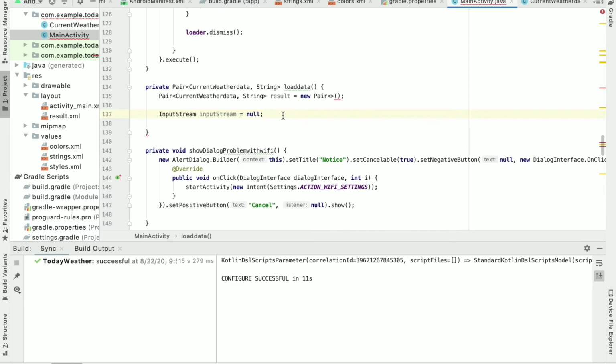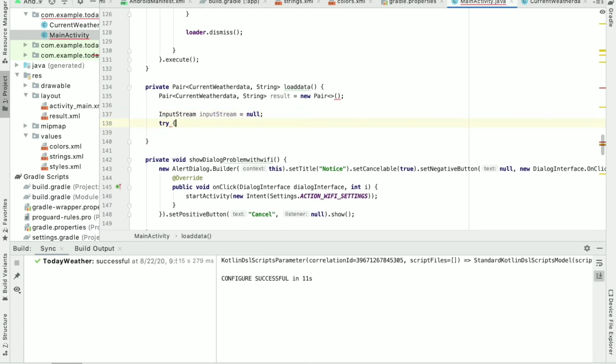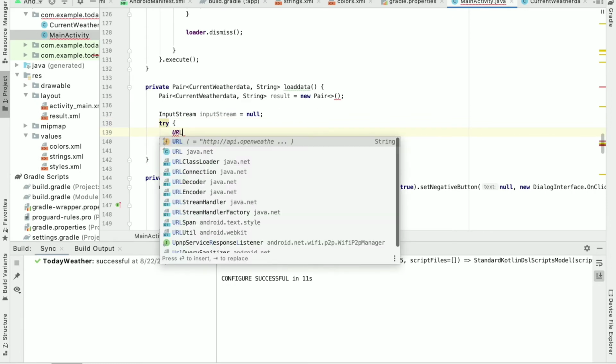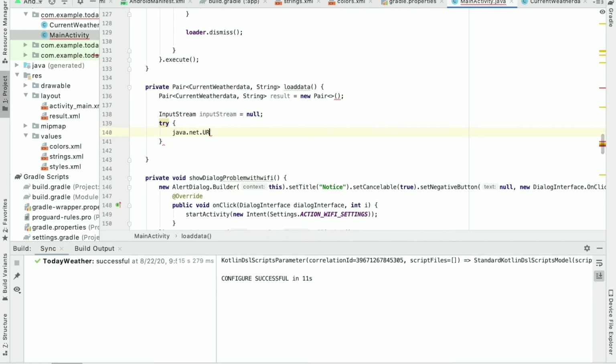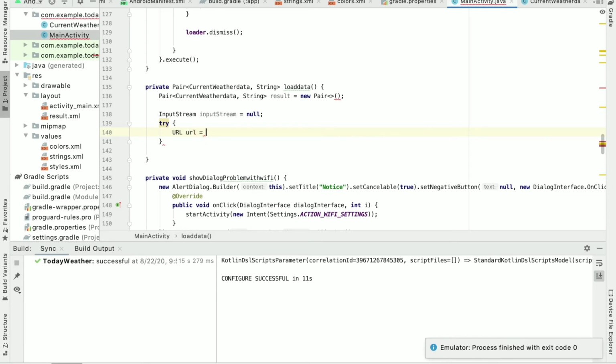Okay, and we will use a try and catch. URL, new URL, last request URL,